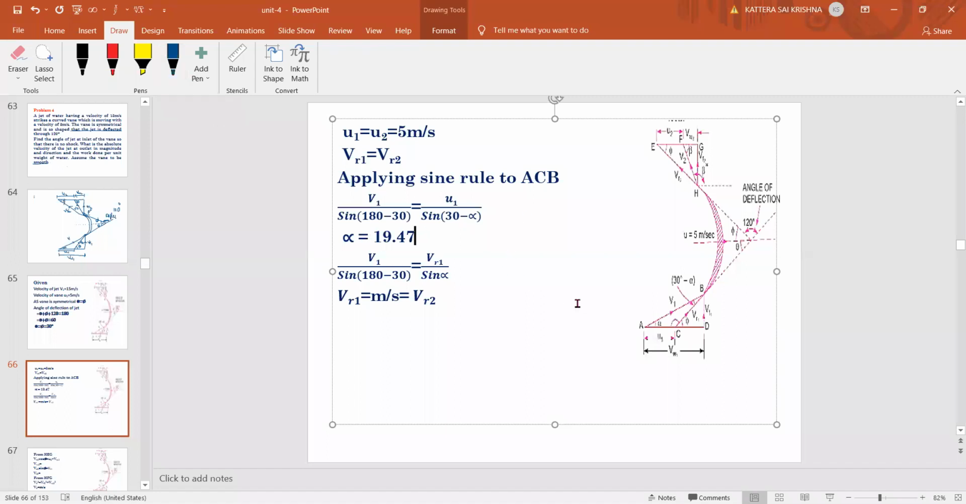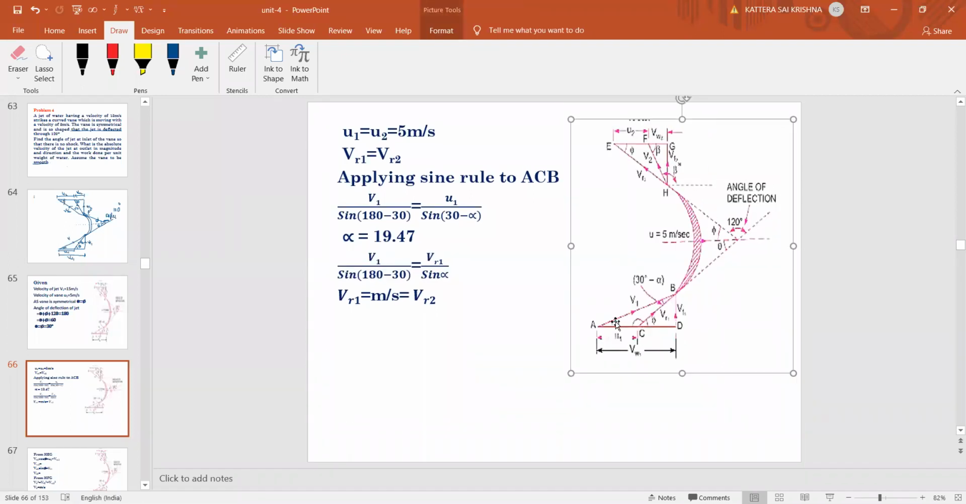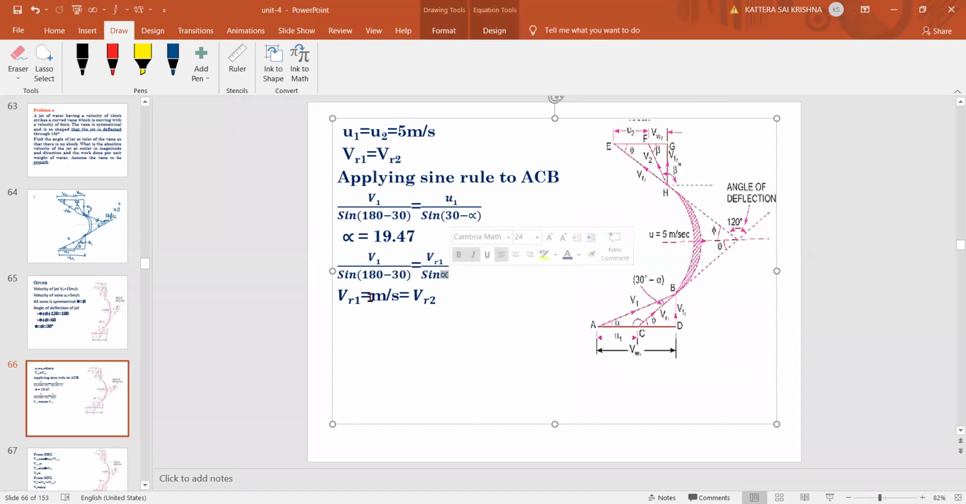Okay, so after finding alpha, for finding the VR1 value, again you can use the sine rule. Because VR1 is also in the same triangle, VR1 by the opposite angle, which is this alpha. So VR1 by sine alpha equals anything you can take, U1 by the remaining angle or V1 by this angle. Three ratios will be there, no? So we are using this one now. VR1 divided by sine alpha equals V1 by sine of 180 minus 30. The alpha value is already there, that is 19.47. So now you can find VR1. So VR1 equals,